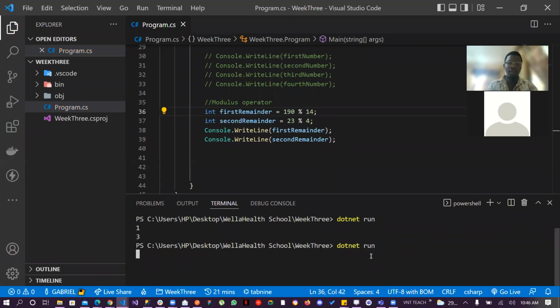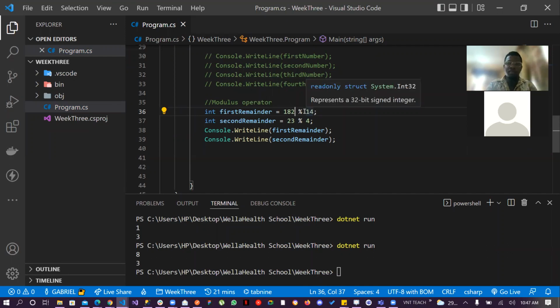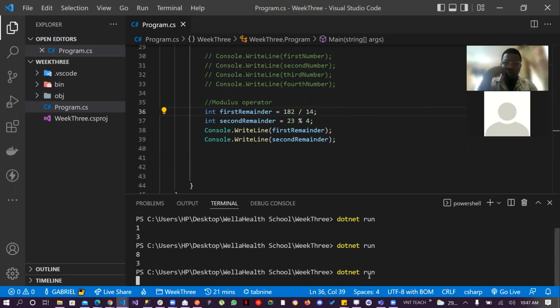Or modulus 14, not divided. 190 modulus 14 would give us what as a remainder? 8, right? So if you calculate this, what that means is if I remove 8 from 190, that would be 182 divided by 14. So let me change that to divided. We're going to be getting a whole number,